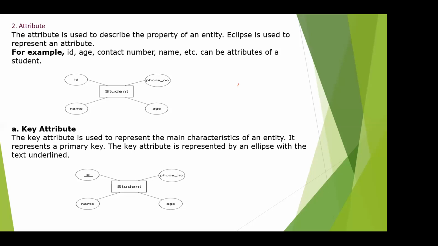All this describes the characteristics of some object or entity, and that is called an attribute. Example, a car: the model of the car, the specialty in the car, and what is the maximum level of luxury in the car. People always think about Rolls Royce cars because of too much luxury, and Benz cars.